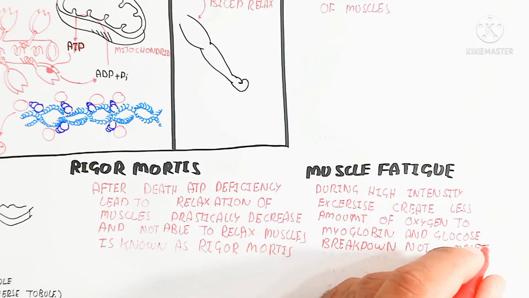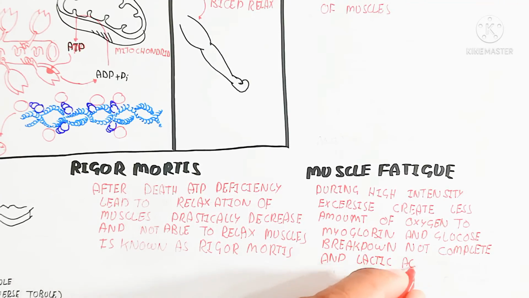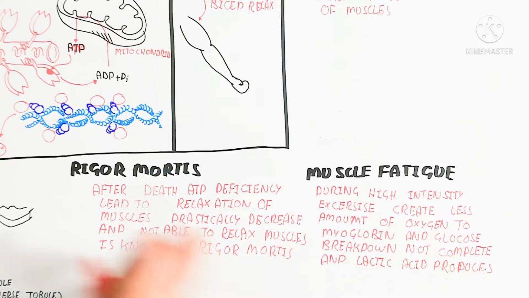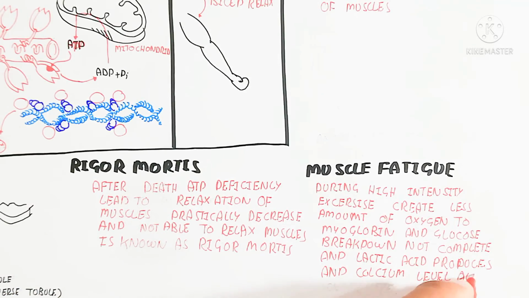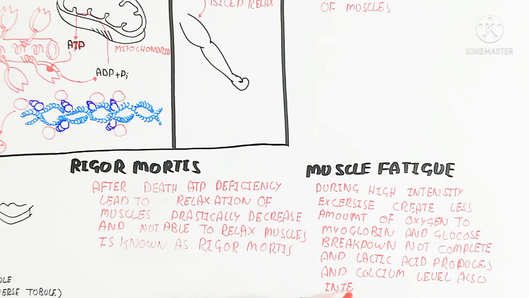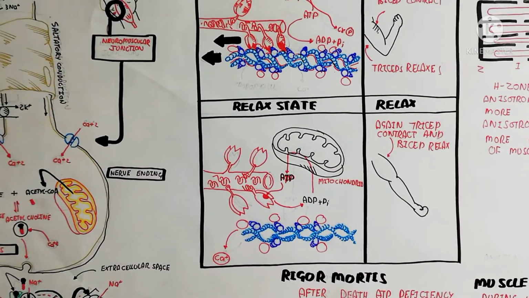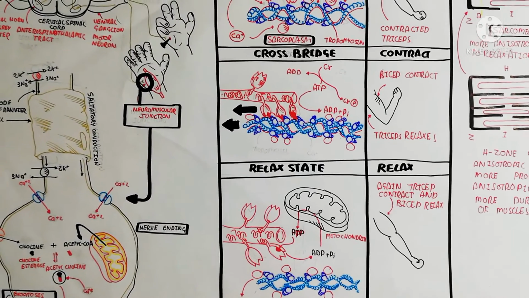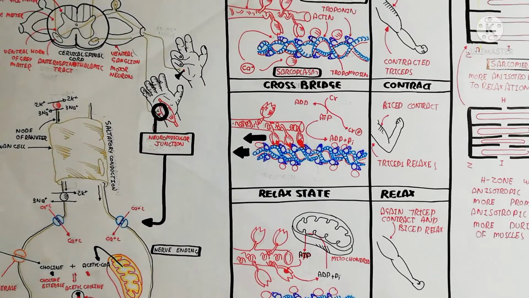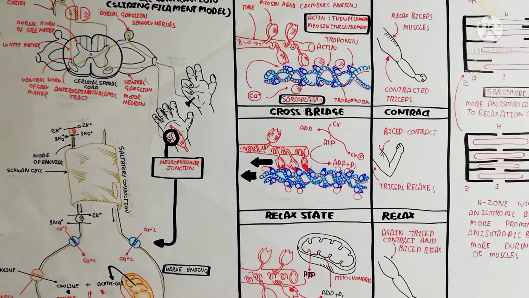Muscle fatigue is that during high intensity exercise, a lesser amount of oxygen reaches the myoglobin and glucose breakdown is not complete, so lactic acid is produced and the calcium level is also affected in this way. The decrease of the calcium level will cause muscle fatigue. So in this way the muscle